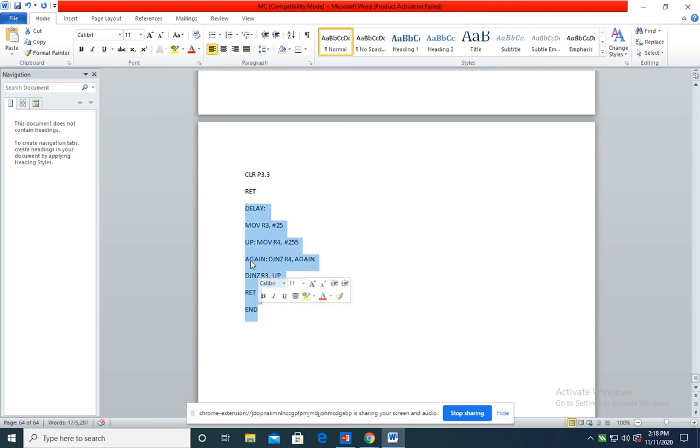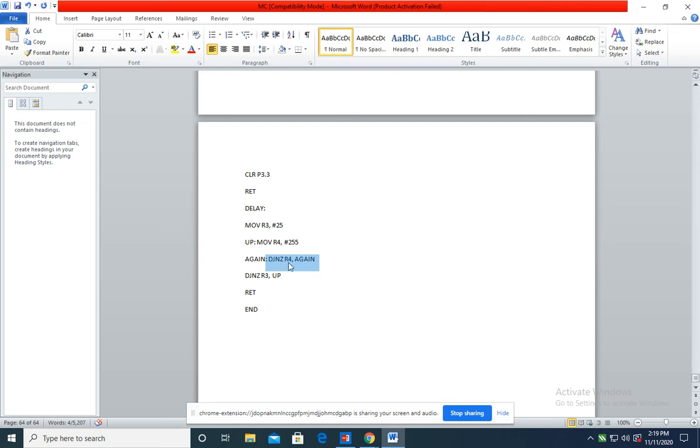The third subroutine we are calling is the delay subroutine. Here we have considered R3 and R4 as counters for generating the delay. We have loaded the value 255 decimal into R3 and R4 respectively, and we are setting these registers as counters. We will decrement this counter until it becomes 0. To decrement R4 and R3, we need to use the DJNZ instruction. DJNZ is decrement and jump if not zero.